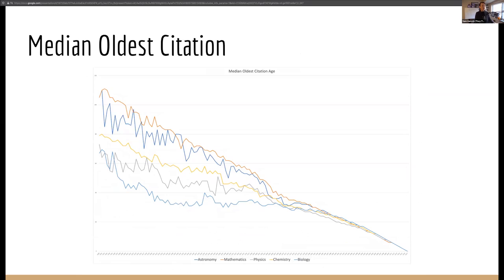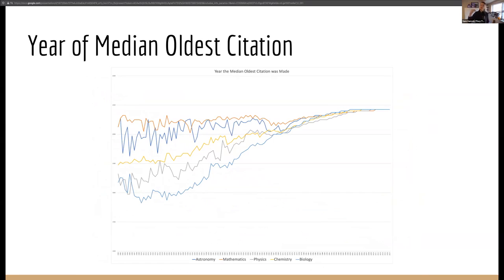So this is median oldest citation age. So this is another one where you see physics lower than chemistry and closer down to biology. So it's another possible showing of what I talked about before. And this is interesting, but what I really like to look at is if we take this and then actually replace it with the year that oldest citation happened. And so on the